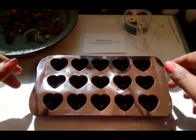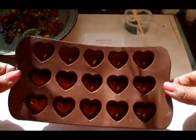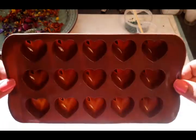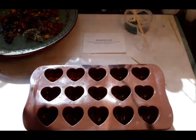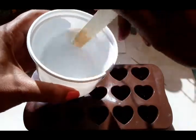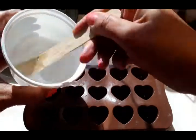So I have my mould, which I've cleaned up. Make sure there's no fluff or any old resin in there, and you clean it up with some acetone on a cotton wool. And then I've mixed up my resin already. I've mixed up quite a lot here, because it'll probably take about 100 mils to fill